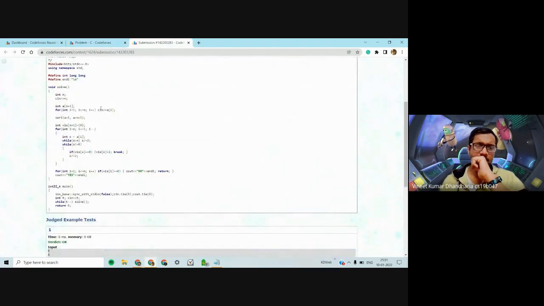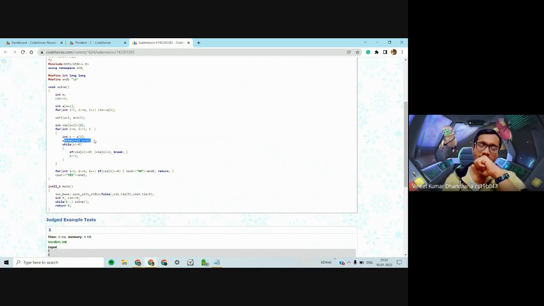So we take in the input, we sort the array, we define visited of n plus 1, which tracks if a particular number is taken or not. We go through the elements of the array in reverse order. You can go in any order as well, but just for a bit of clarity, we go in reverse order.